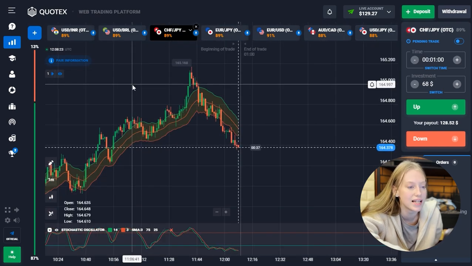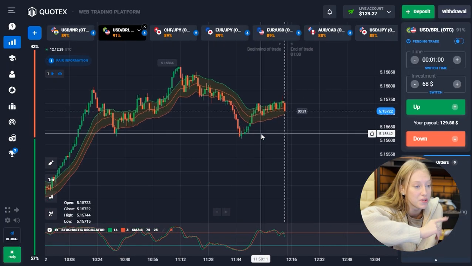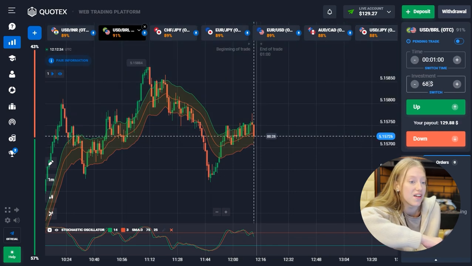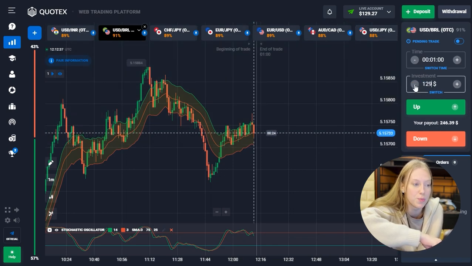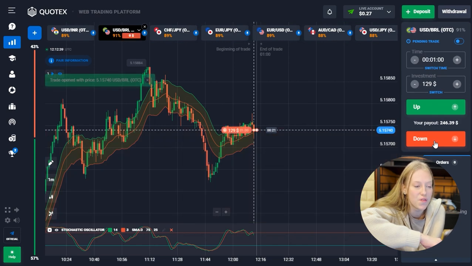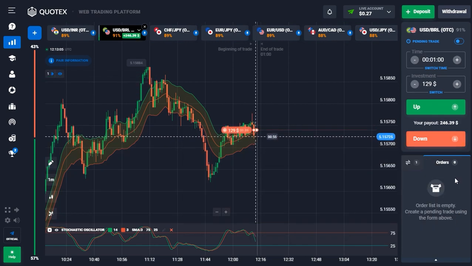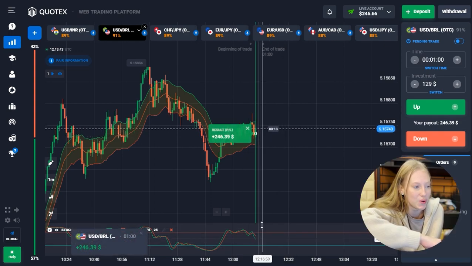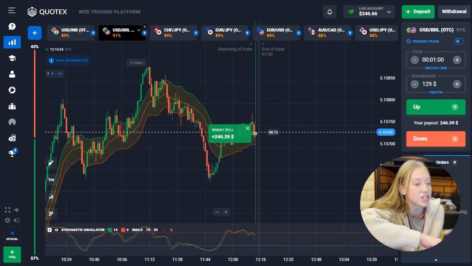That's a good result. Let's find the next good example. So here we see that the candle crossed the middle line of the Scalping channel from top to the bottom. We also see that on the stochastic oscillator, the 75 mark is also crossed from top to bottom. I open the deal down for 1 minute. This one was too close, and now we see a good intersection of the lines on the stochastic oscillator. Guys, remember that we started with $20 and now my balance is close to